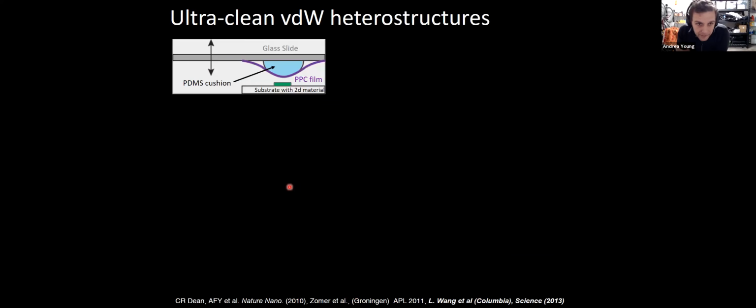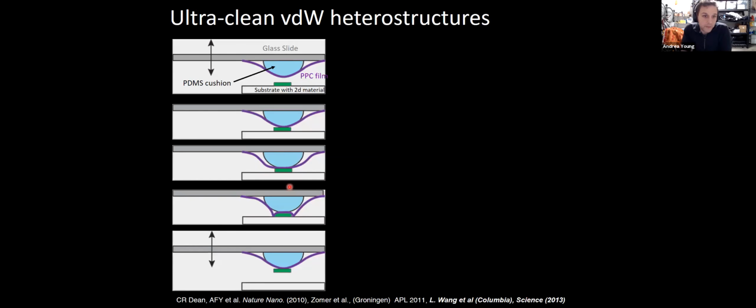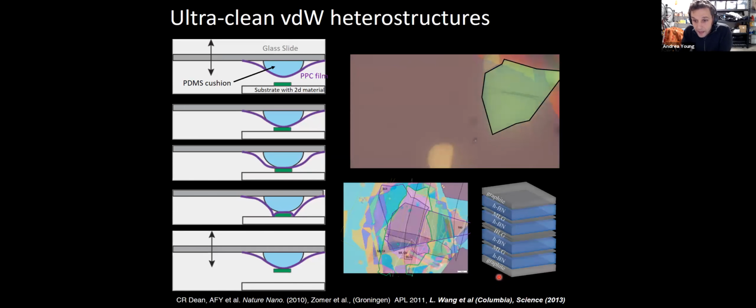So let me tell you briefly, again, many in the audience are extremely familiar with this, but how we've approached that problem. We make our samples by a, at this point, totally standard technique in the field, where you pick up 2D material with some kind of polymer. It depends on the day which type of polymer one uses. This is what the process looks like, picking up here a hexagonal boron nitride flake, and then one can make these complicated heterostructures more or less at will with sufficient persistence.